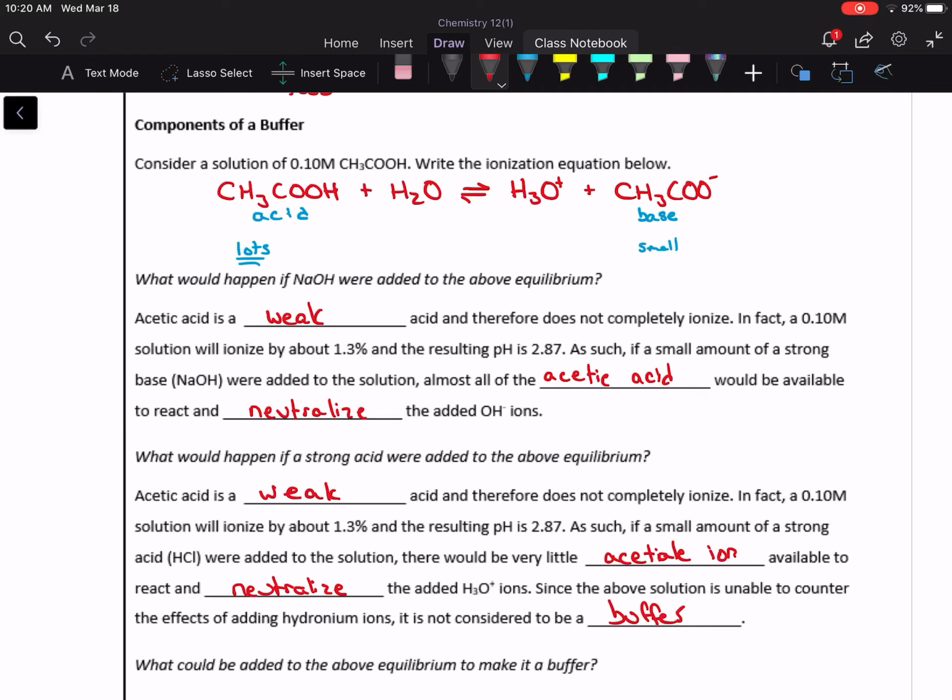Remember, a buffer needs to be able to counter the addition of acid or base. And right now, we're really in a position to only counter the addition of base because we have a lot of acetic acid, but not very much acetate ion. So what do you think I could add to make this solution a buffer? Go ahead and try and answer the question, and we'll follow up in the next